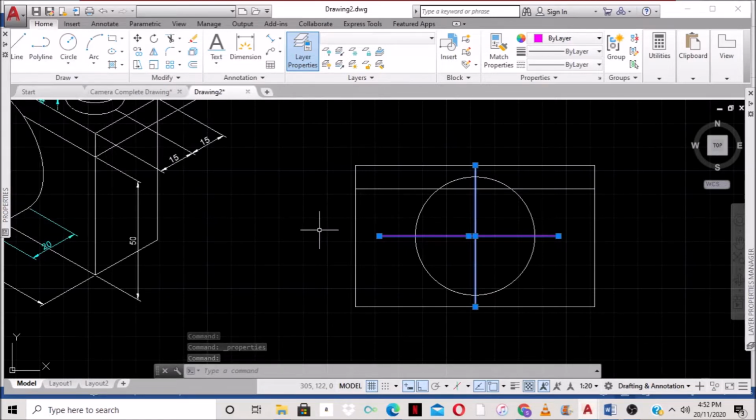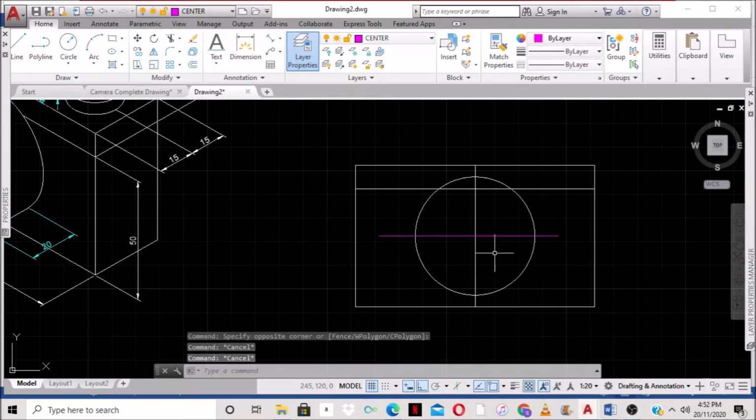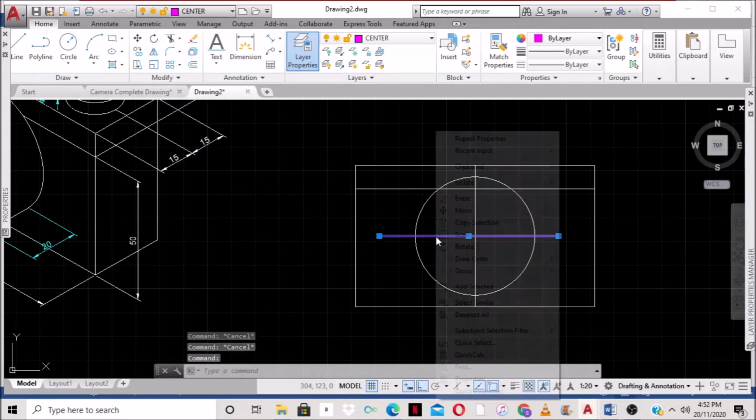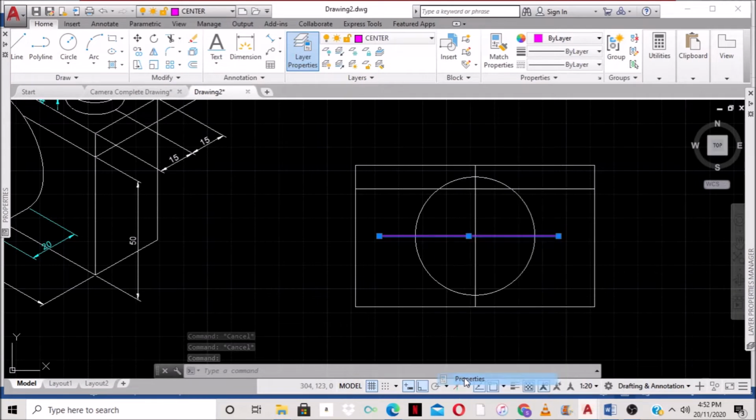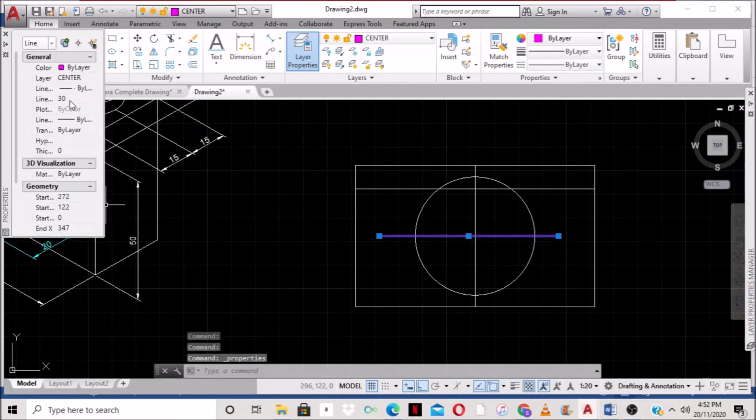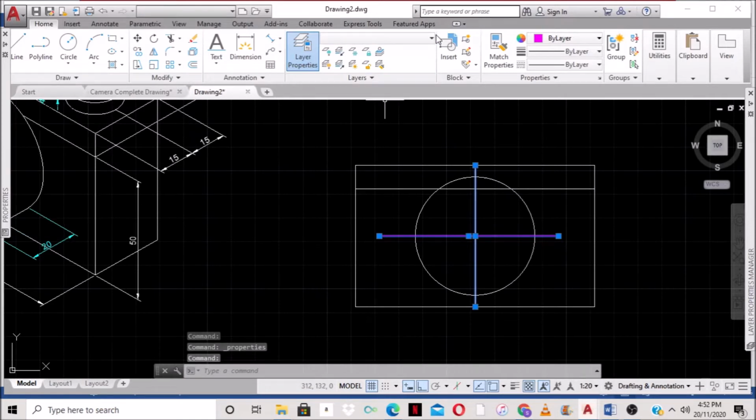Right? I come back to my drawing, escape. Alright, so this one did not change, so I'm going to go back again to the property, and this is 30, it's not showing. I'm going to change this one to center again. Alright, it's not showing, so what I can do now is type line type scale, so